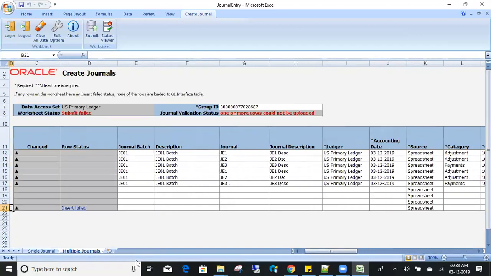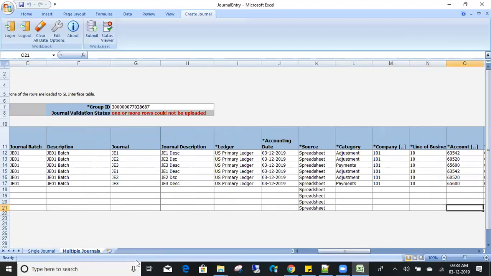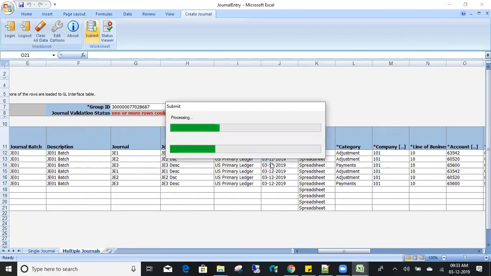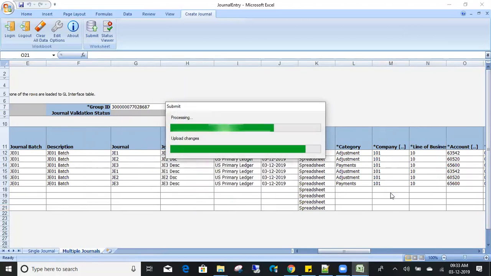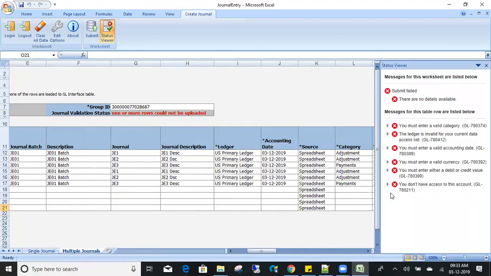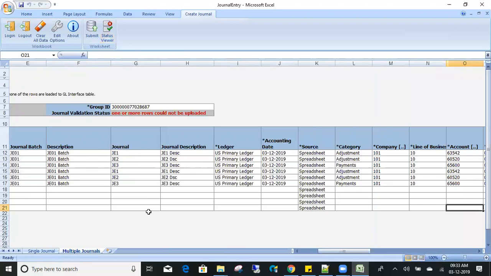Valid category. Because we copy pasted the ledger here, right? That's the reason it's giving valid category. You have to try to upload one more time. So the thing is, we cannot delete the records because it's a protected one. See, getting too many errors, man. Valid accounting date, valid currency. This is because